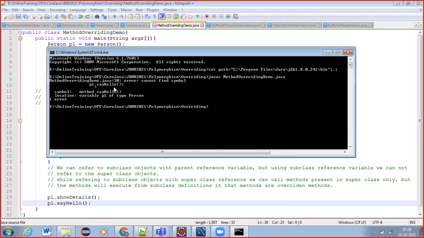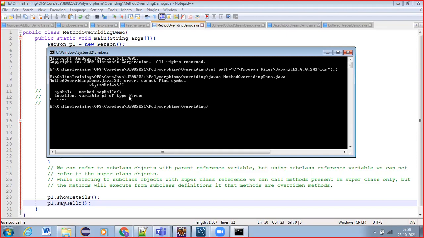It says cannot find symbol on line number 30. Which symbol? p1 dot say hello. The method say hello is not available in p1 of type person. That means classes are being used as data types only. That's why we can call classes user defined data types.